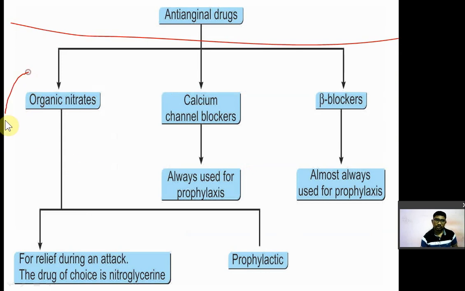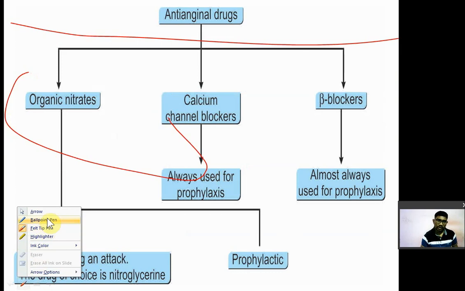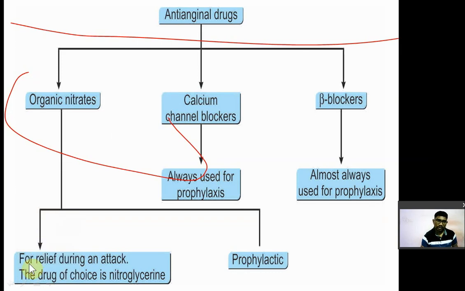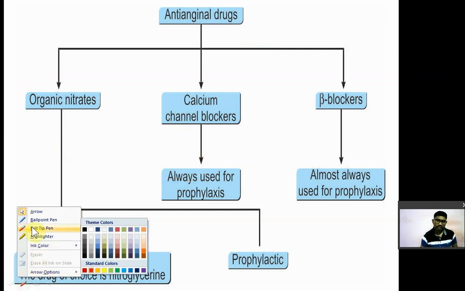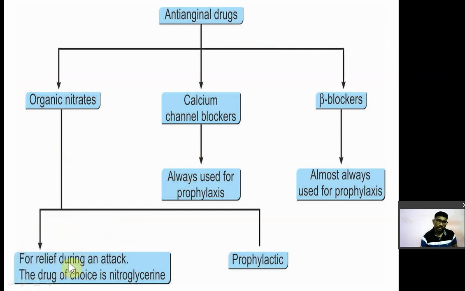So first one is nothing but the organic nitrates. They will give quick relief from anginal pain because they are vasodilators, and they will give immediate relief of anginal pain. They are the drug of choice. Particularly nitroglycerin is a drug of choice. Organic nitrates are used for two purposes. First one is for quick relief during an acute attack. जैसे अटैक आता है उसमें रिलीव करने के लिए ड्रग ऑफ चॉइस इज नथिंग बट द नाइट्रोग्लिसरीन.